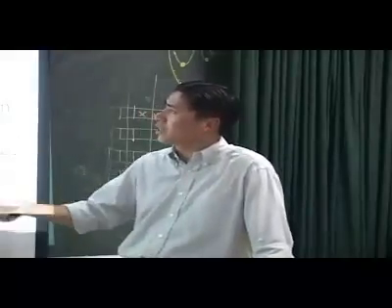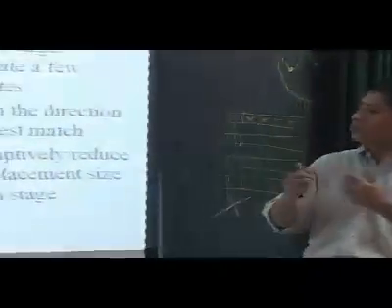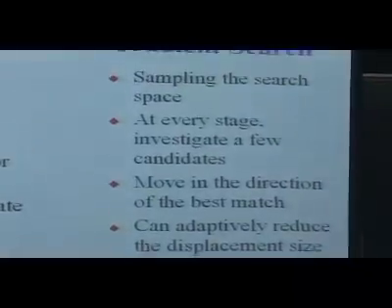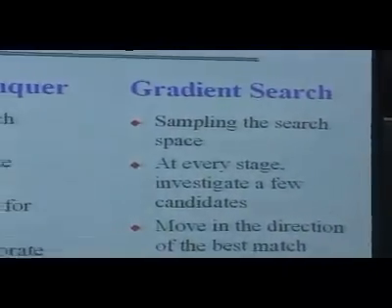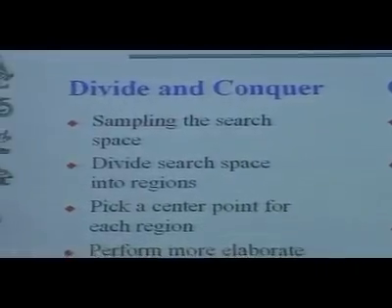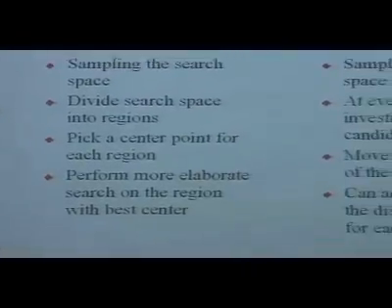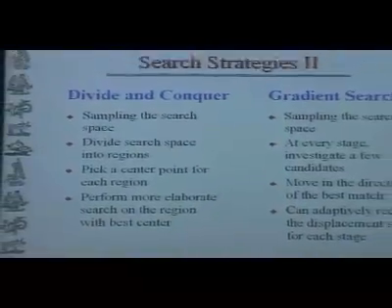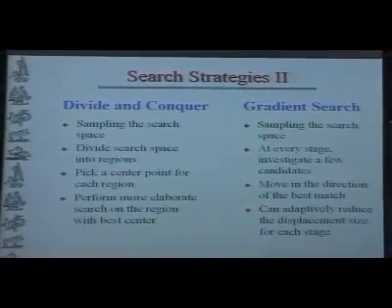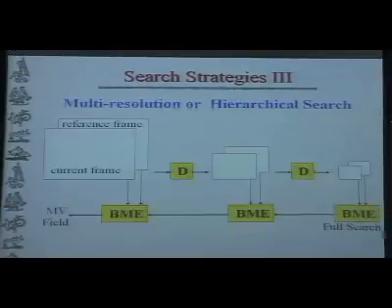And typically they boil down to using two main concepts. Typically it's either some kind of a divide and conquer approach. You kind of break the search area down to different areas and you only do very sparse sampling. Okay? You check a few number of points. Okay? Or you do some type of gradient search, where you try to move in the direction that seems to give you the best improvement in terms of SAD. Okay, so some combination of these two will give you pretty much all the class